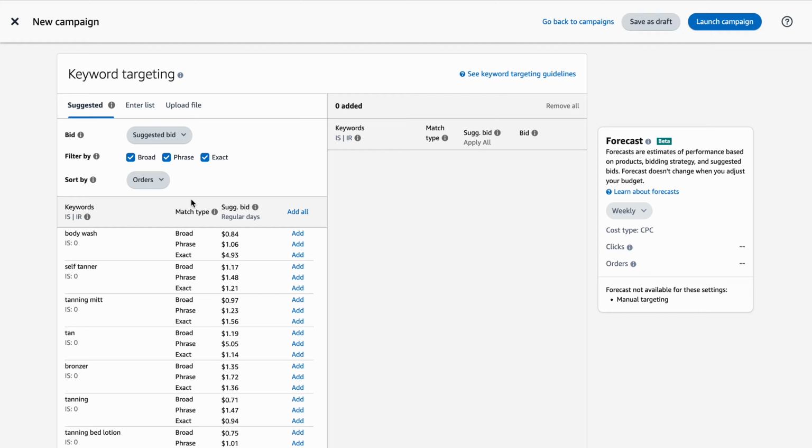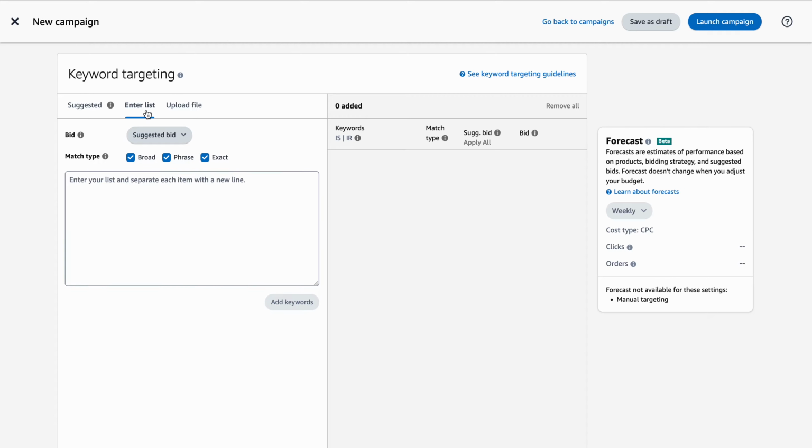I would use Helium 10, or I would use Jungle Scout, whatever one you use currently. And I would actually use Cerebro or Jungle Scout equivalents of the search terms to find the keywords that match your criteria: lowest competition possible, and then enough search volume to hopefully get some sales onto your product. Once you've assessed that, I would click enter list there, and I would enter them keywords in here.